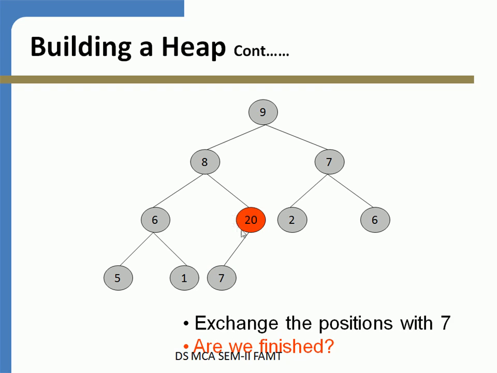Now again, 20 is greater than 8, so the heap property is not maintained, so we require to swap these two values. So we do that. 20 moves here, and again 20 and the root 9 will be compared. Being 20 greater than 9, we require to swap this, and ultimately we maintain the heap property wherein the root is greater than the children.